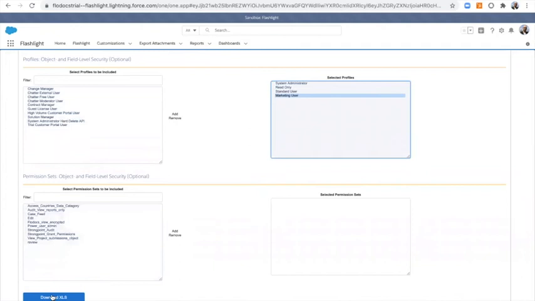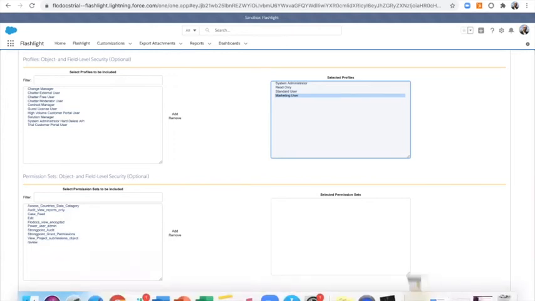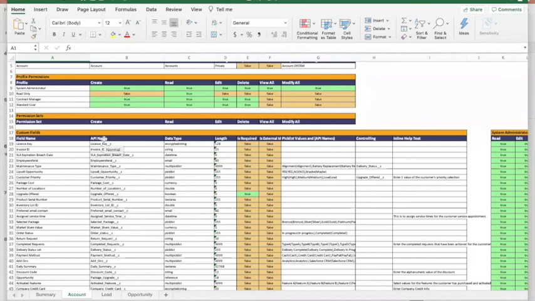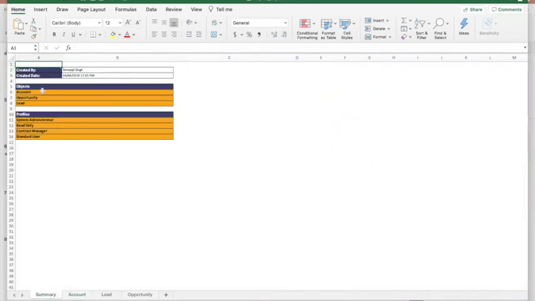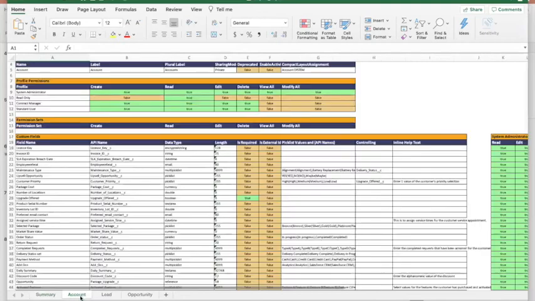And what you have to do is just download it. Within a few seconds or minutes, Strongpoint will send a downloaded report to your email, so that you can access it. And this is how the report looks. If I go to summary, I can see what the report consists of, or probably what filters I chose. Each tab gives me details by object. So if I click on account, I can see